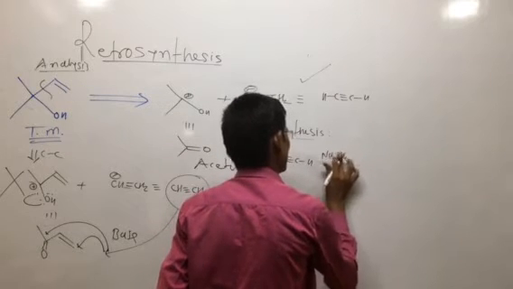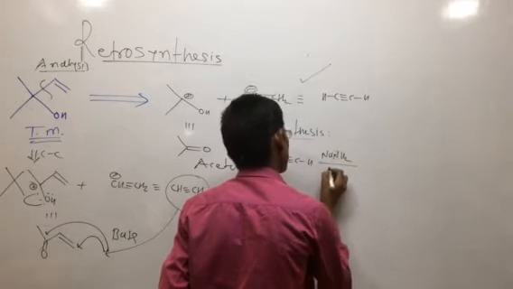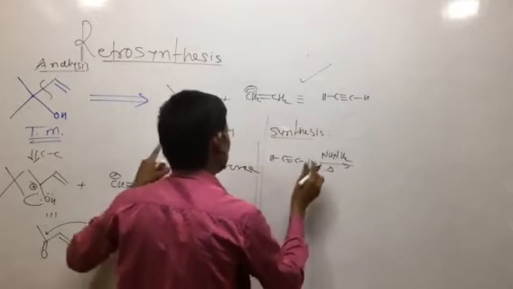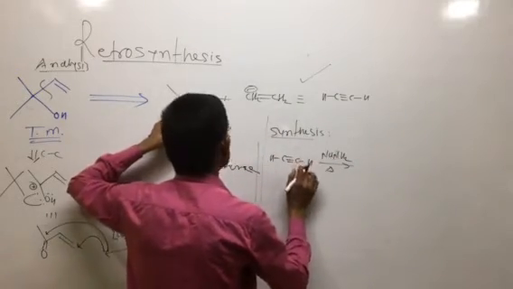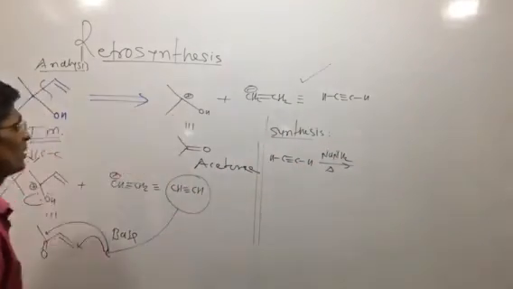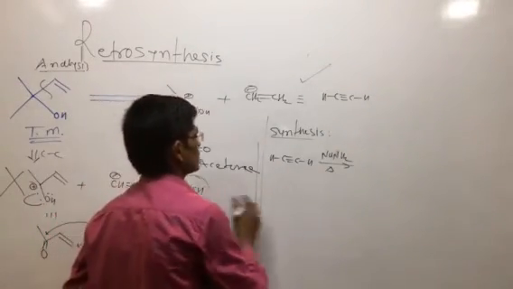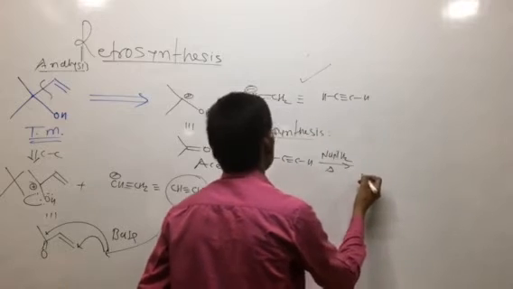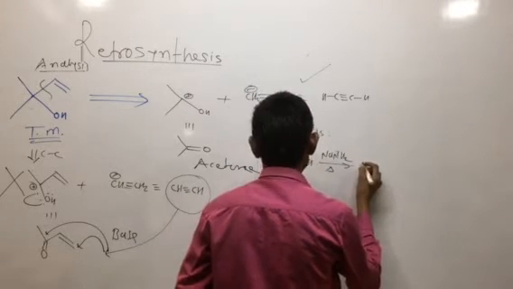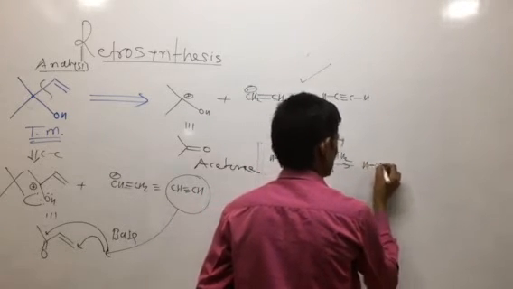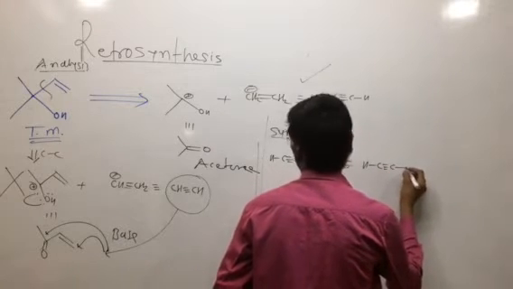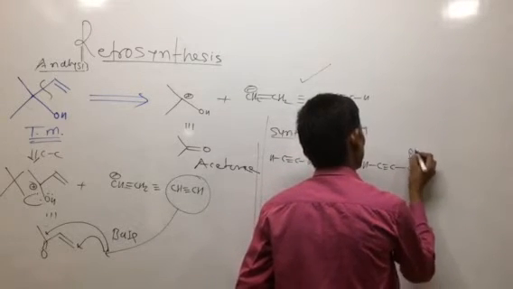It is reacted with the base NaNH2, sodamide. Then what happens? There is formation of a negatively charged species, which attacks this type of compound. So what happens here? Formation of what? H–C, triple bond, C, which again converts into the OH.